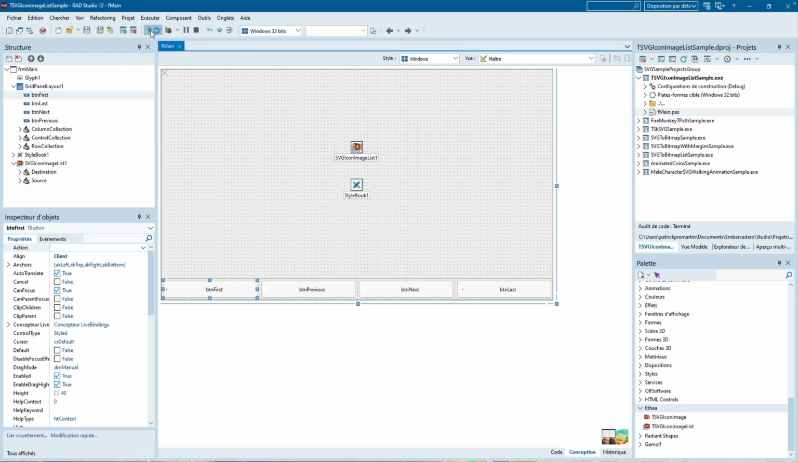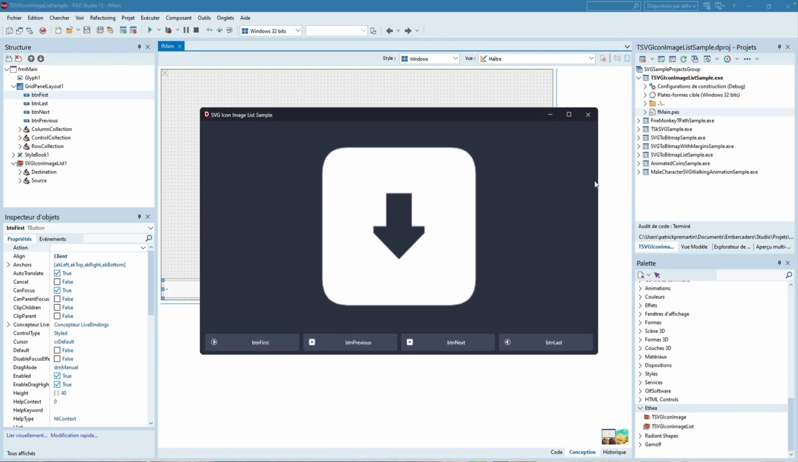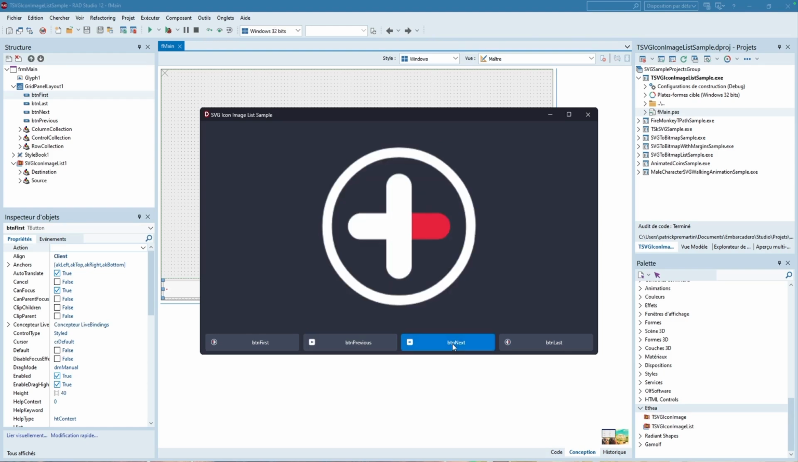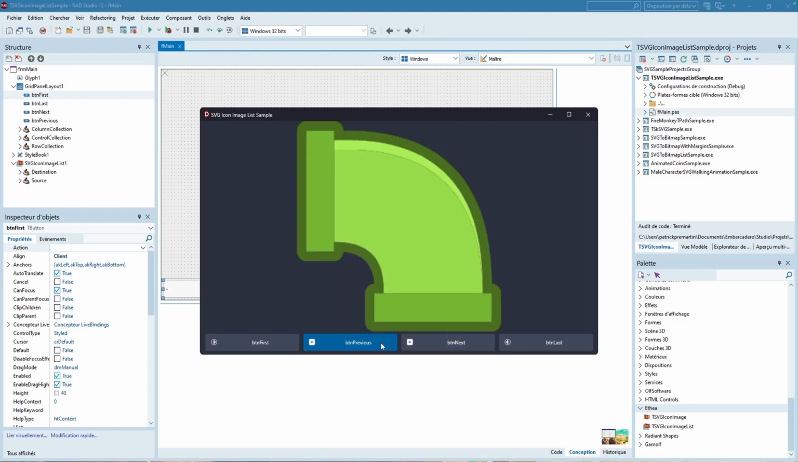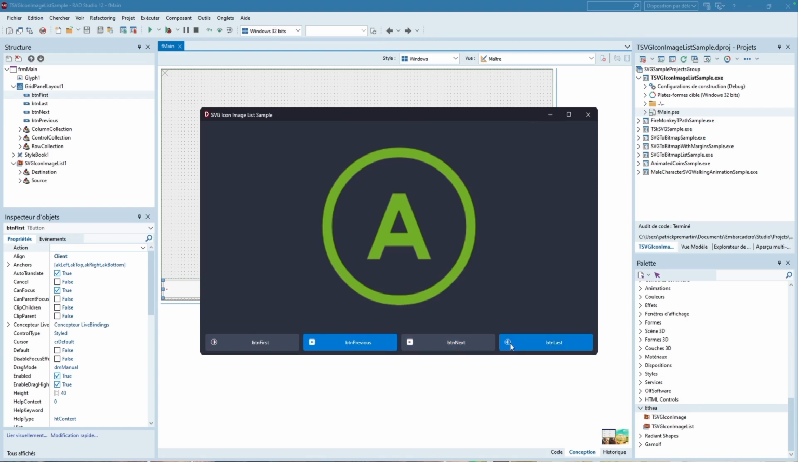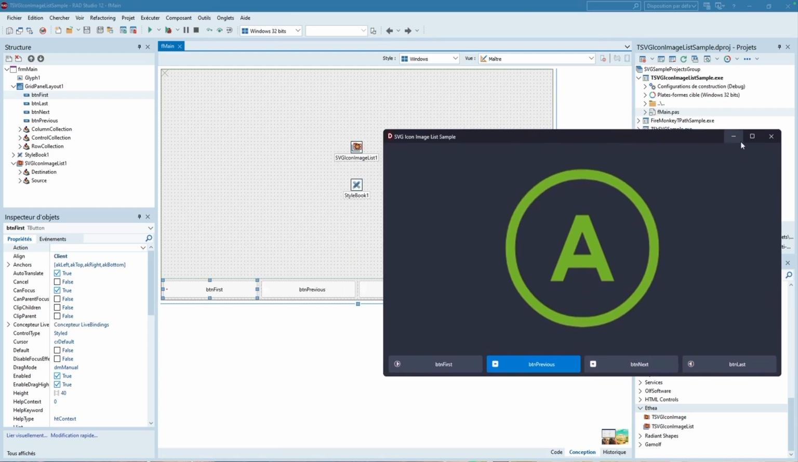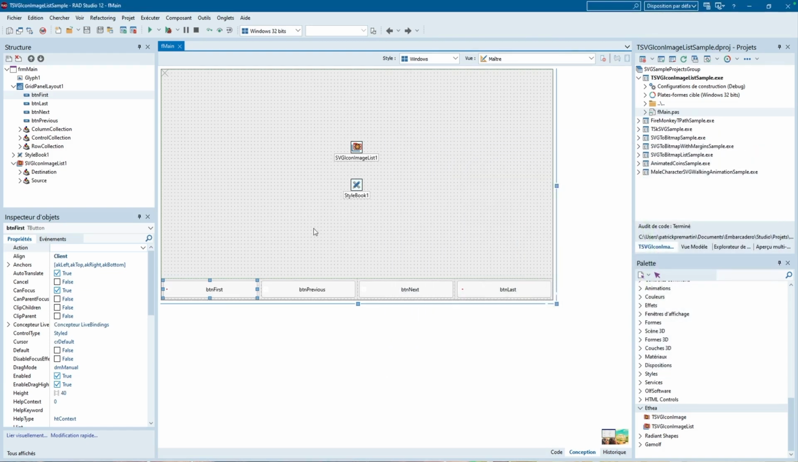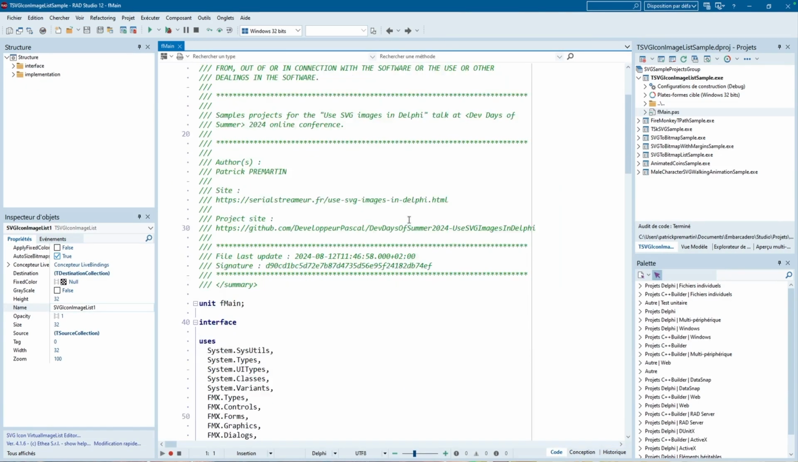Let me start the program. Here it is. I have icons on my buttons. It's of course SVG images, and you can change the image from the image list. In my case, the image list has a size, and of course it depends on where you use it. I change it in the program,